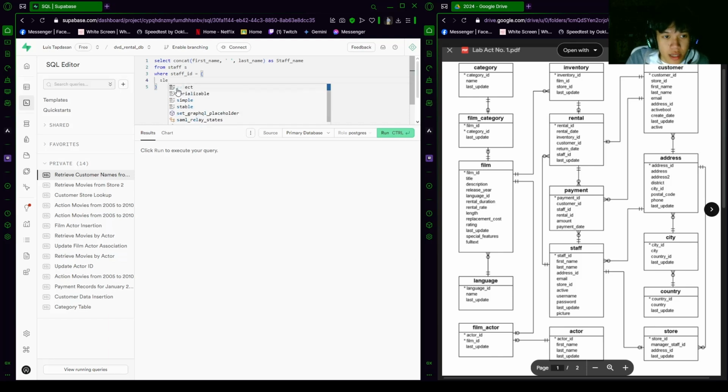So next we're going to select staff ID from staff, and then where staff store ID is equal to 1,